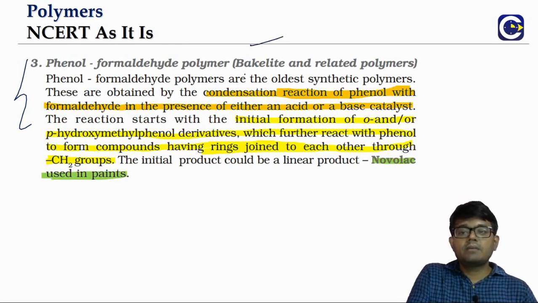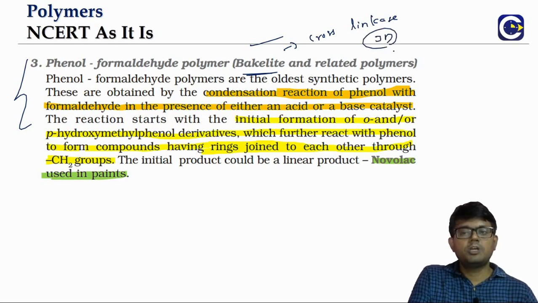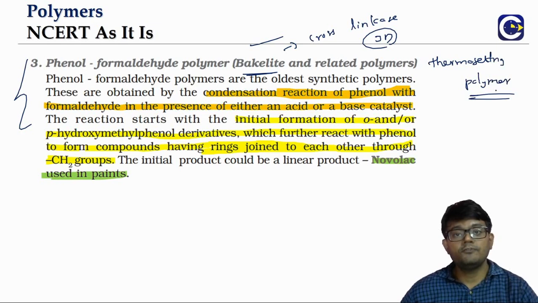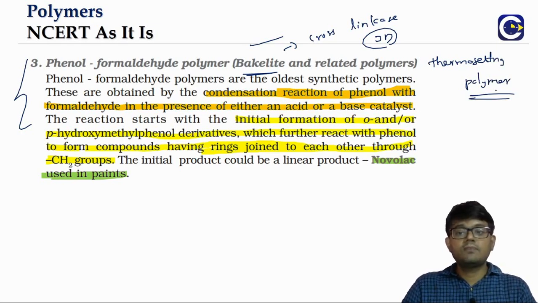So already we have mentioned about it when we discussed about the cross linkage network polymer, 3D-dimensional polymer and network polymer. We discussed about it. At the same time, we also gave it as an example of the thermosetting polymer. Means what? On heating, they will form a infusible substance, hard infusible substance. Okay, we will see what is the reason why the bakelite actually becomes a thermosetting polymer.